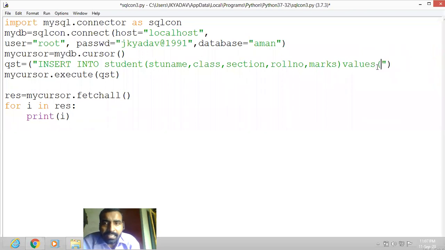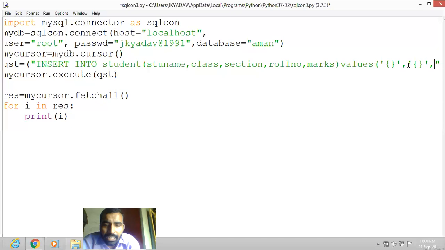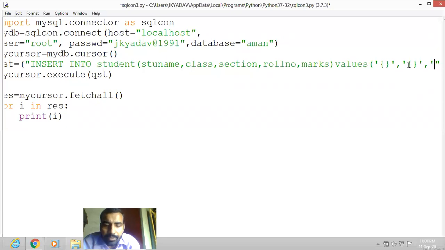then parentheses. Now in the parentheses, the parameters will be given by the curly brace. So stu name is of string type. So single quotation mark, then a curly brace. Single quotation mark close, then comma. Class is also of text type. So here also in single quotation mark curly brace. Then section also is of string type.